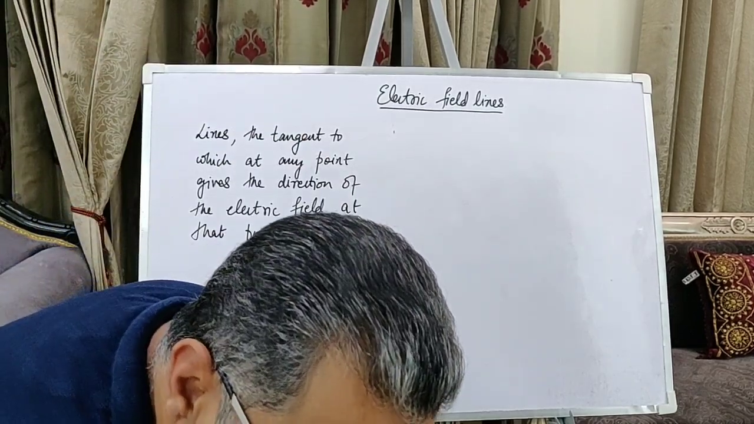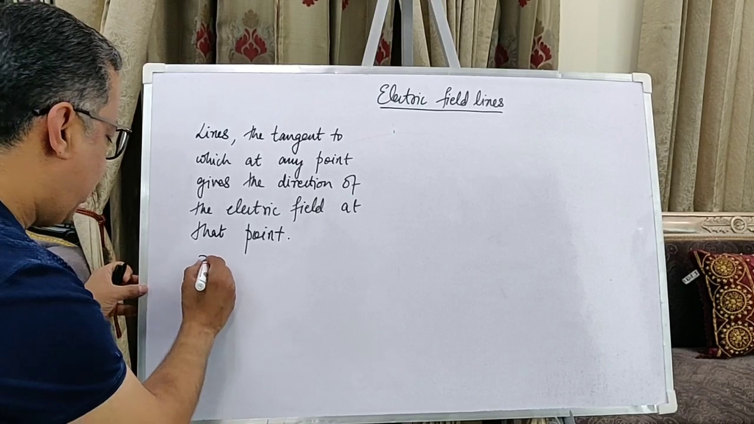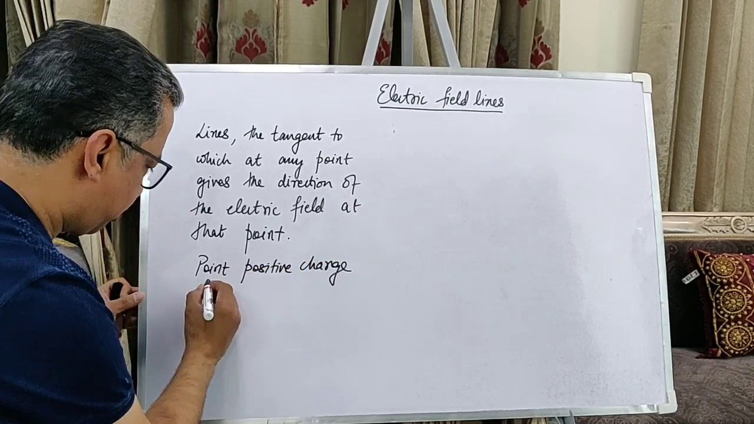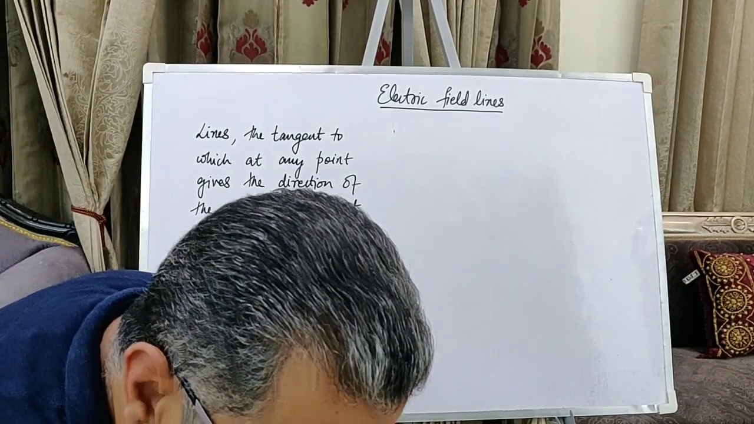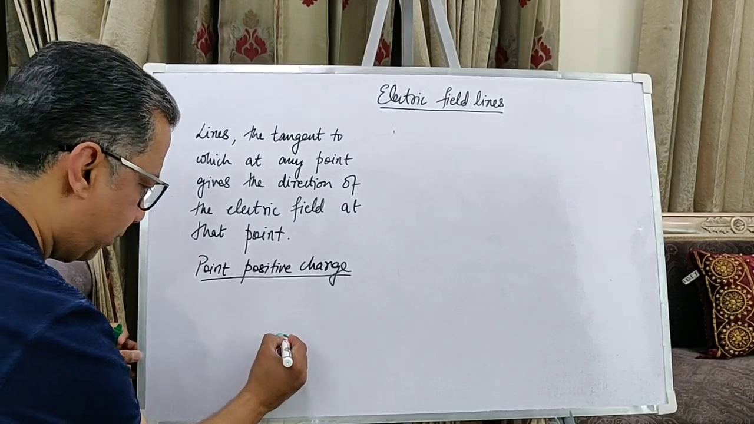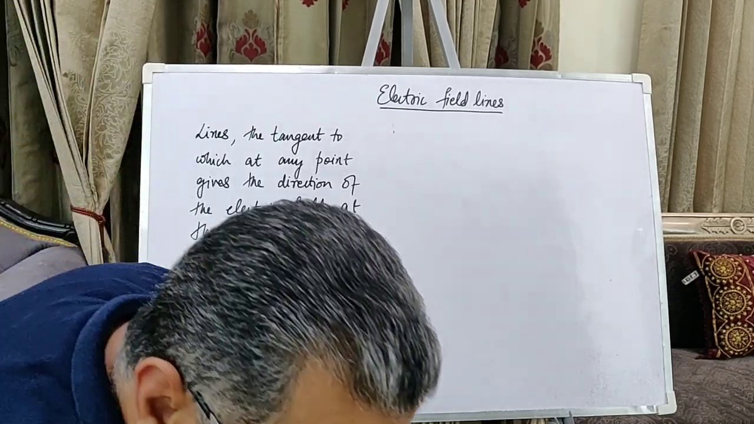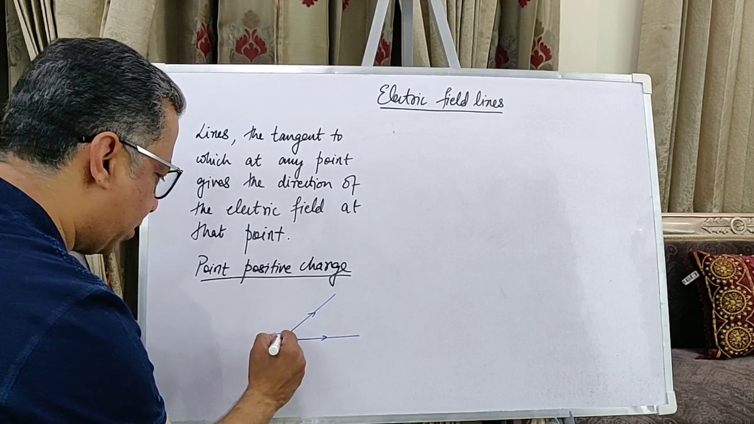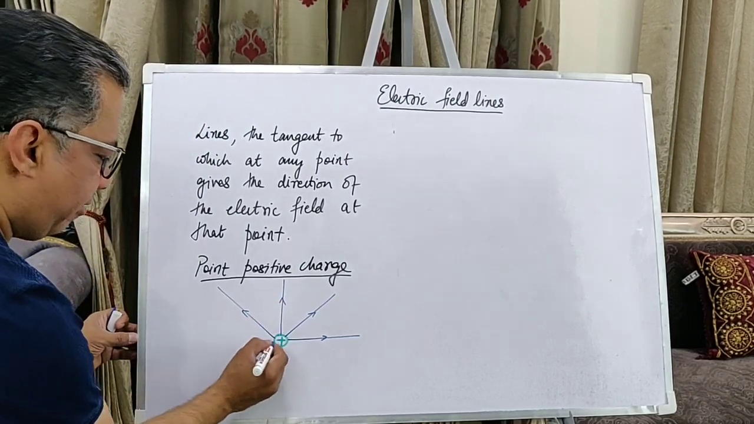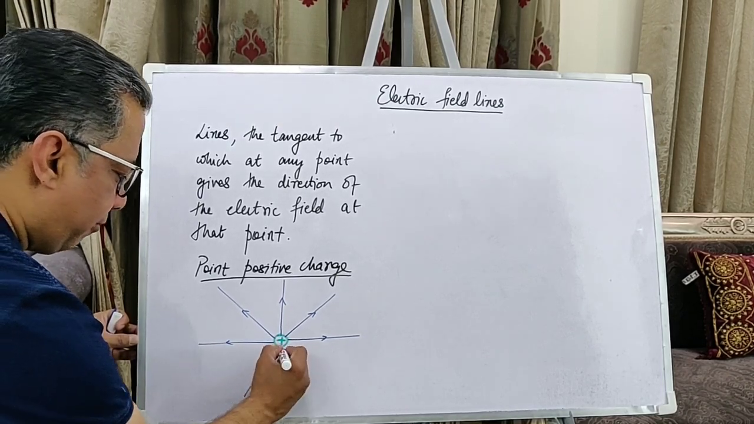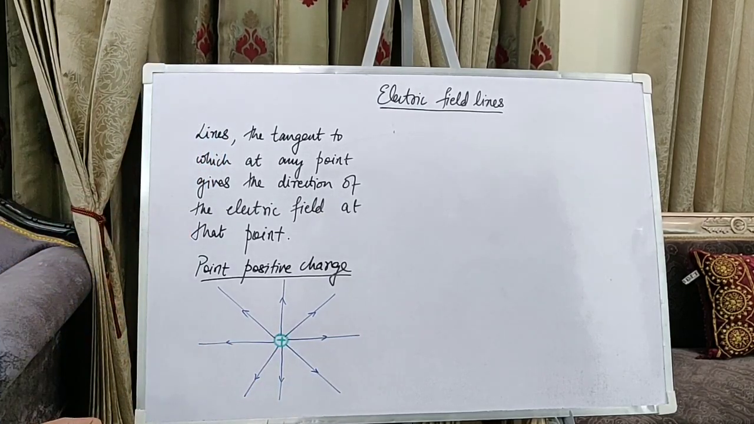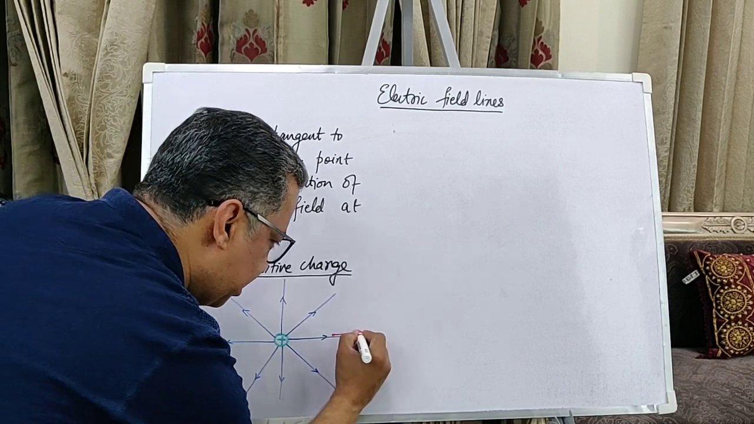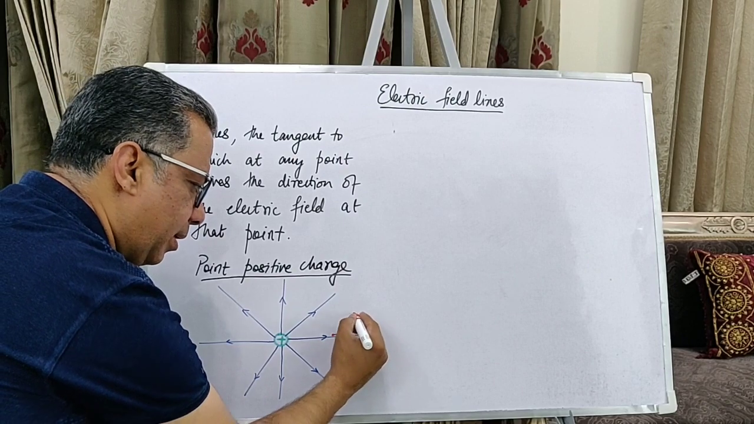Let's take up a simple example of a point positive charge. So if we have a positive point charge here, then the electric field lines will be drawn radiating outward from it. So you have electric field lines radiating outward from this positive point charge. At any point on these lines, if I draw a tangent, that tangent gives me the direction of the electric